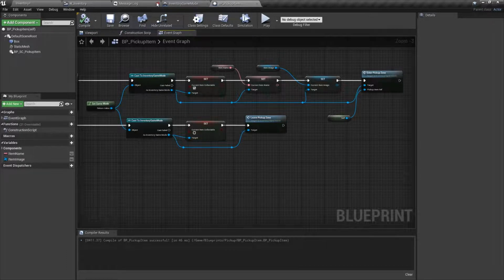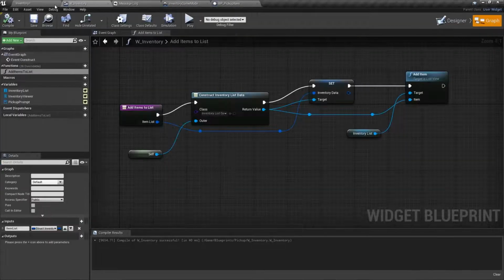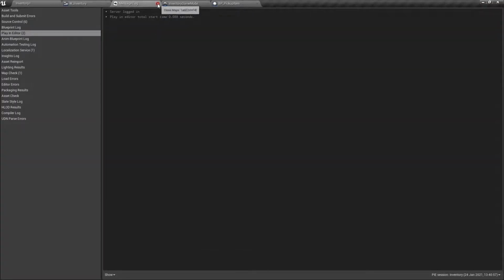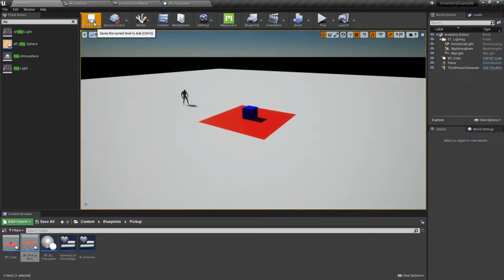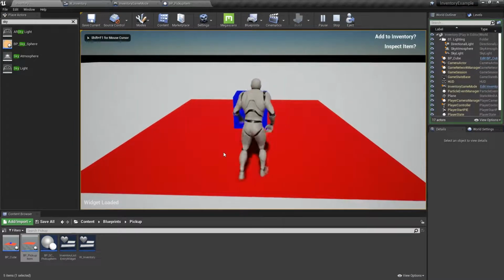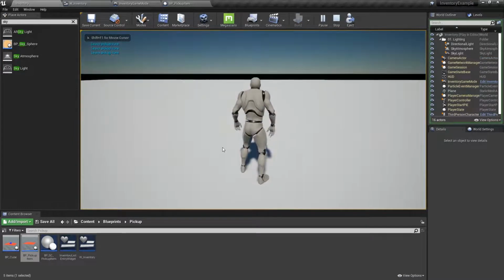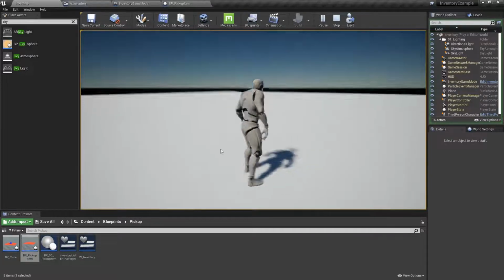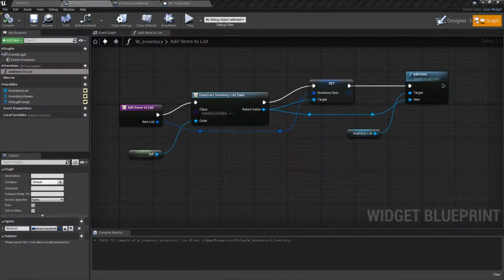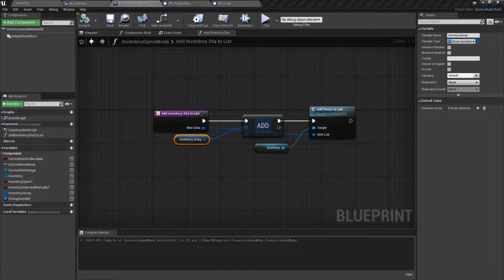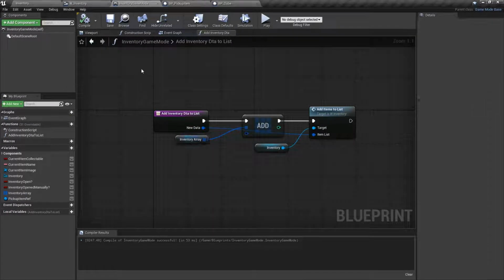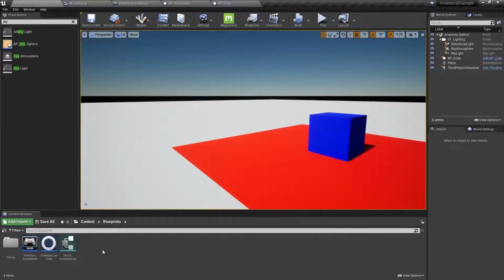File save. Right, let's see what we're doing. Message log. Okay, that's fine. Let's see what's happening. Add text log. Right. Okay, so what we need to do is we need to head over to our